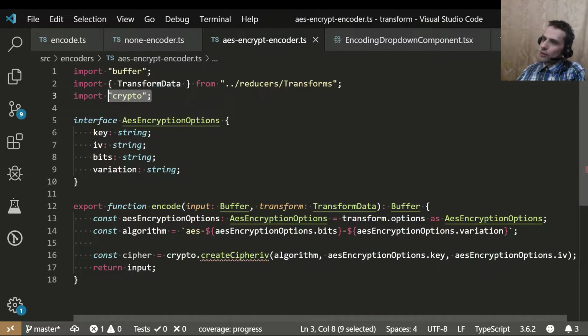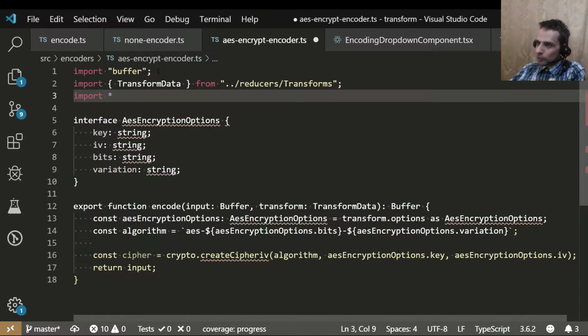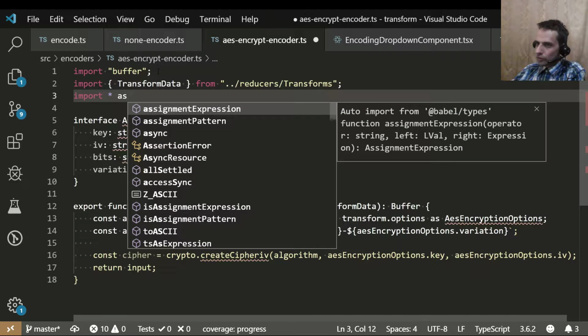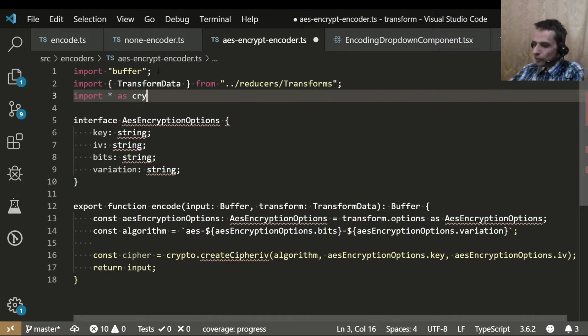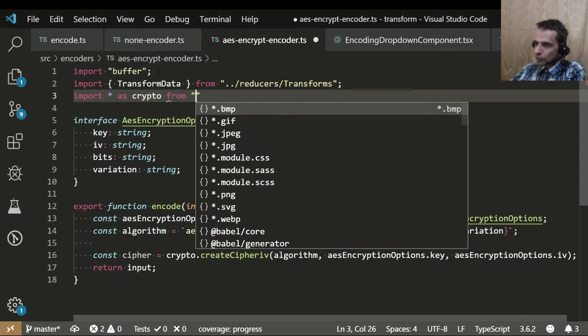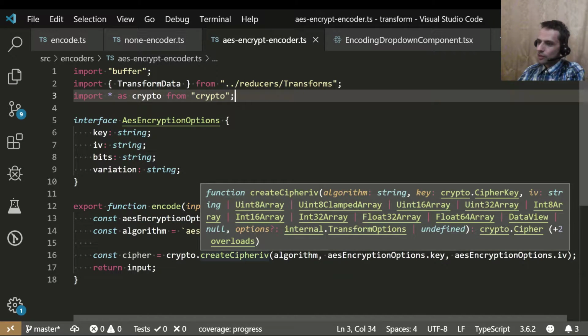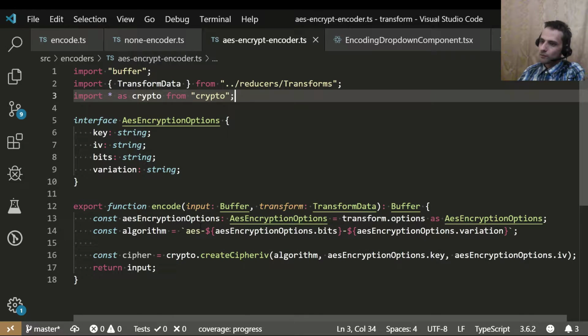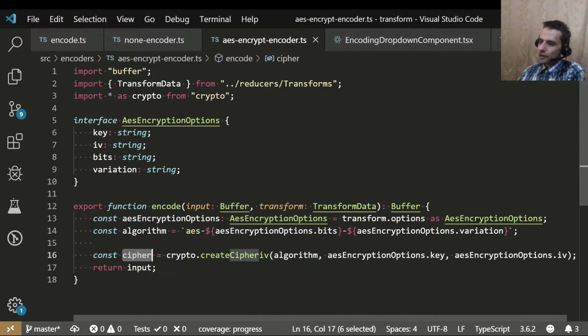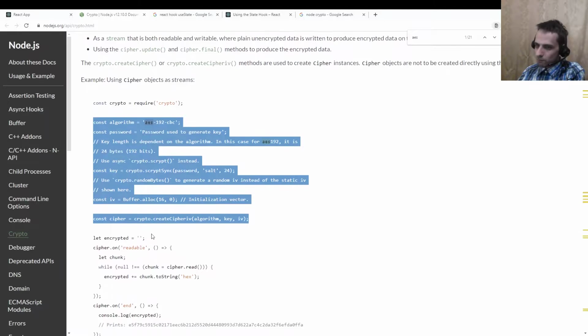I think we want to do import star as crypto from crypto. We might want this actually, yes. So now that cipher is created,